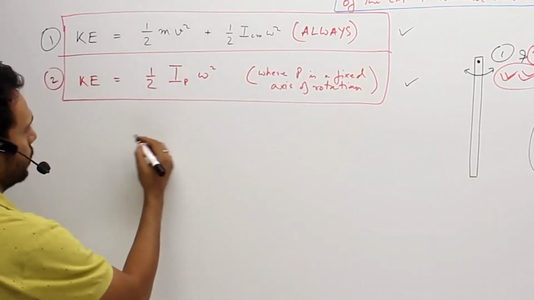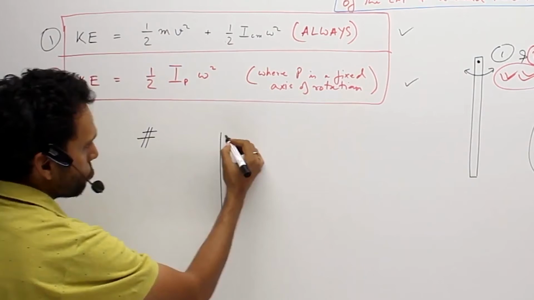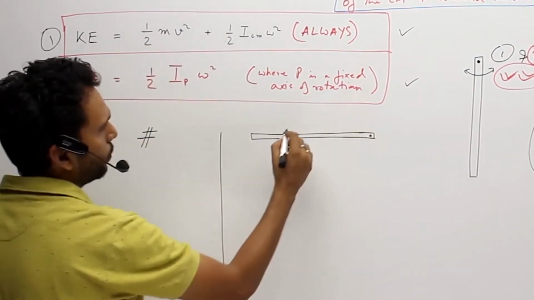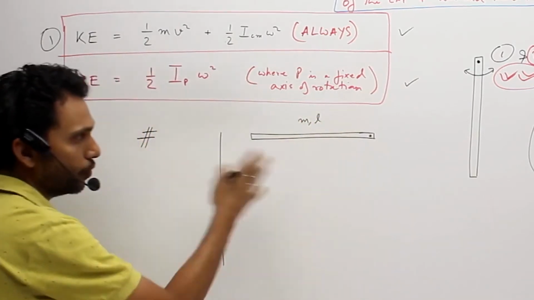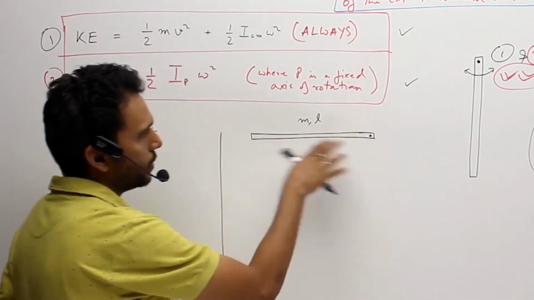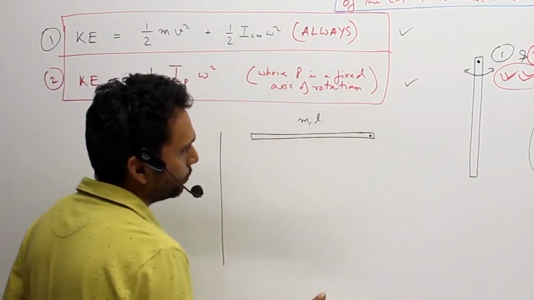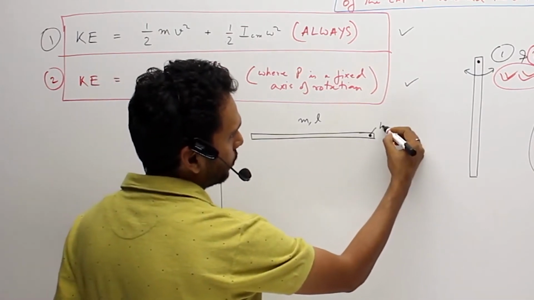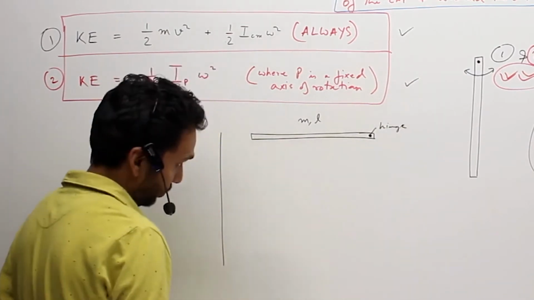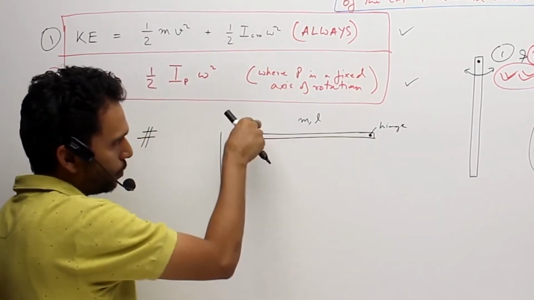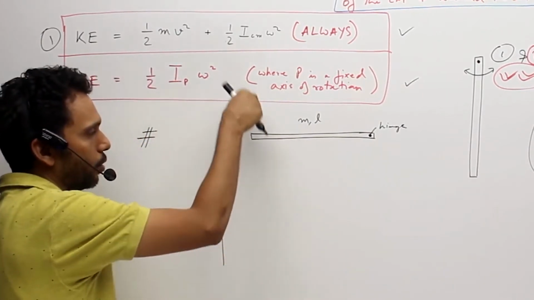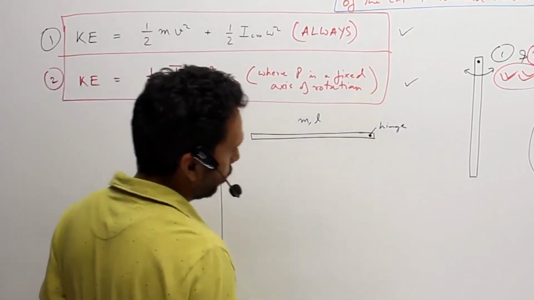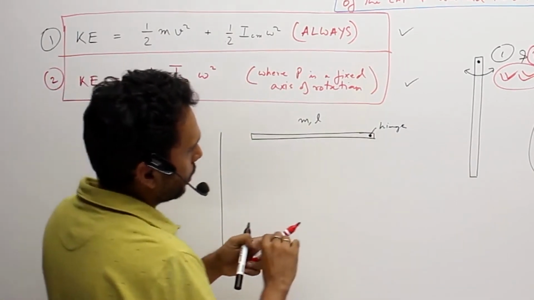Question number 1. Okay, let me give you. There's a rod of mass m, length L, uniform mass density. So it's a thin rod, mass m, and this is hinged about this point. That's your hinge. So it is just supported by your hand or by a string for a while, and then you let it go from the horizontal position. It is absolutely horizontal. So what do you reckon will happen?